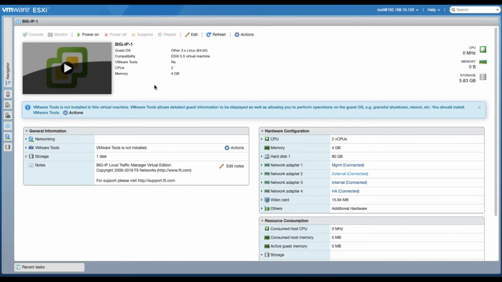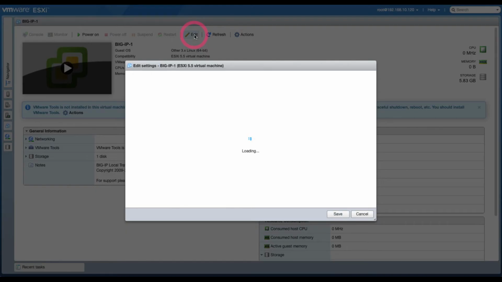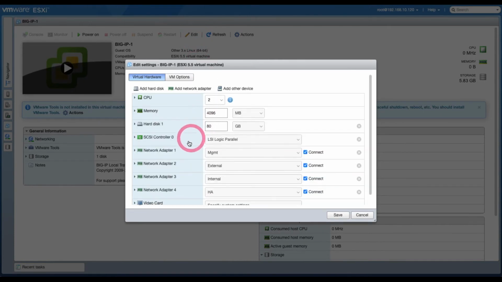Now I came to the settings page of our device. Let's check the network settings by clicking Edit from here. Our first interface here will be Ethernet 0 on the F5 side. Our second adapter here will be 1.1 on the F5 side. We will use interface 1.1 in the external network.